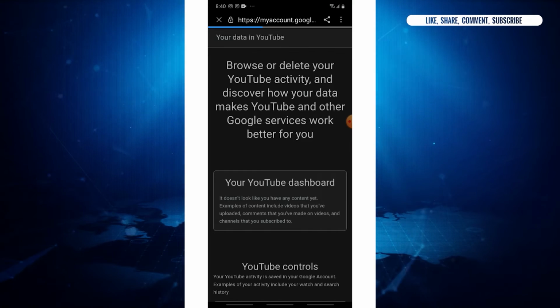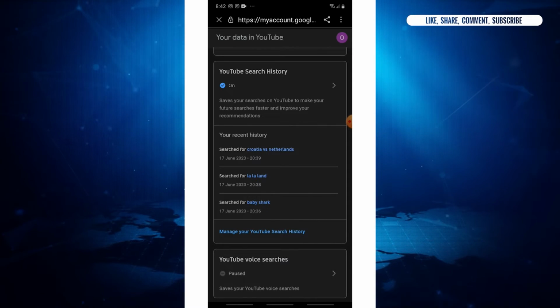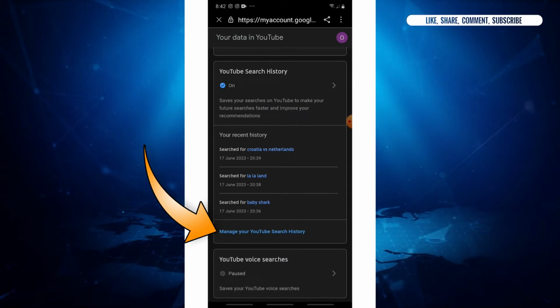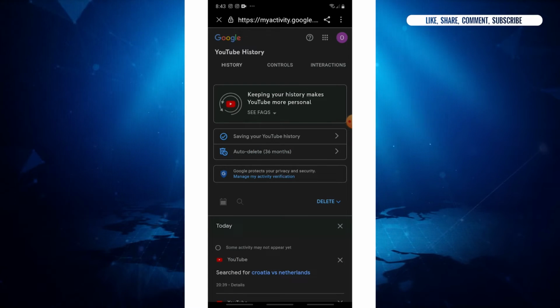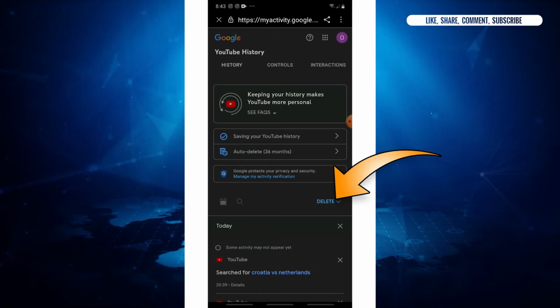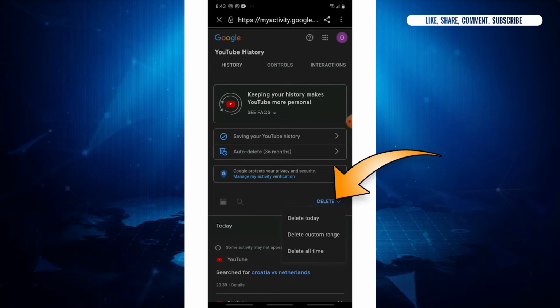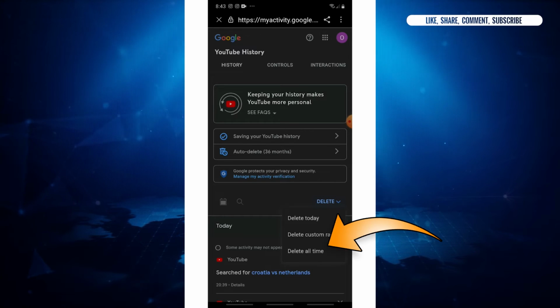It will lead to your Google account where you'll have to scroll down. Once you scroll down, you'll have to go and tap on the manage your YouTube search history option. Once you tap on it, you can clearly see the delete option that is written in blue alphabets. You'll have to go and tap on the delete option